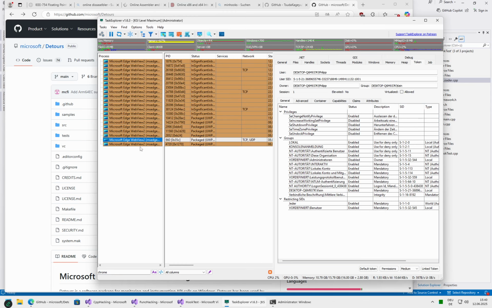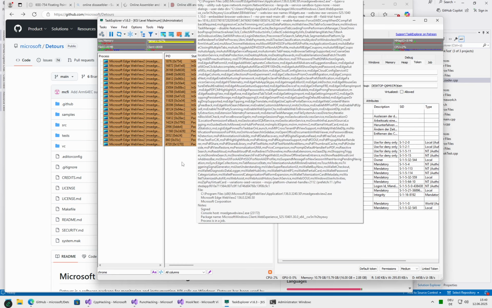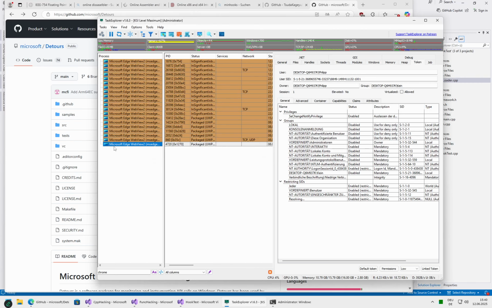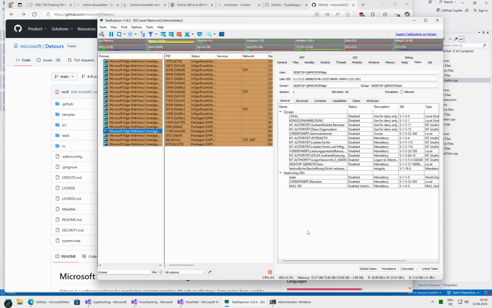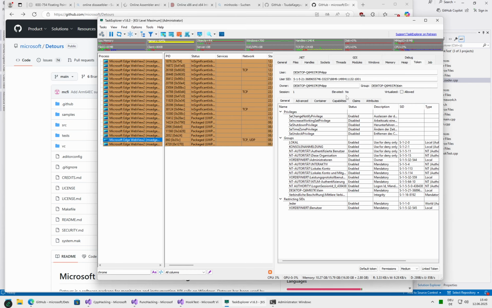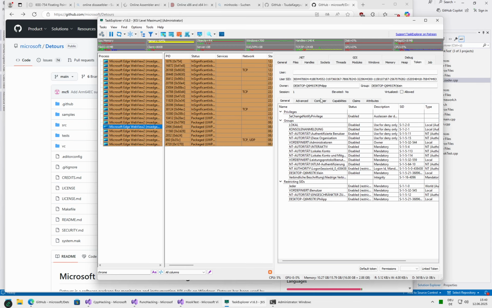We have here they are chronologically sorted. So the one at the bottom is the first one that started, and then if we continue, for some of the Chrome child processes we see still more or less similar permissions. So we already see that some things were dropped, but then if we go further, you see that some of them run under a different user ID. They're still owned by you, but the actual user is